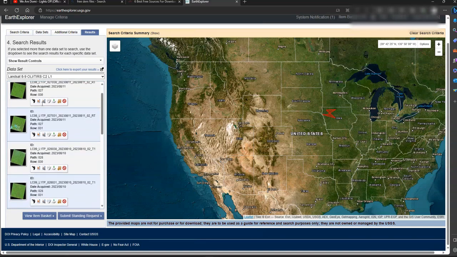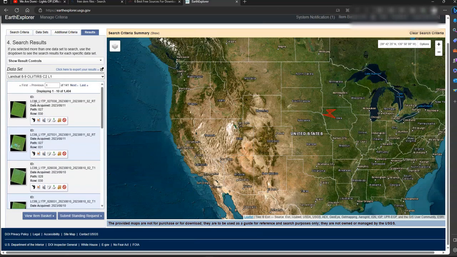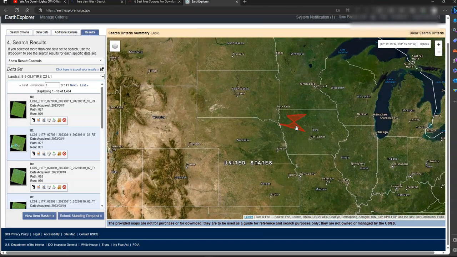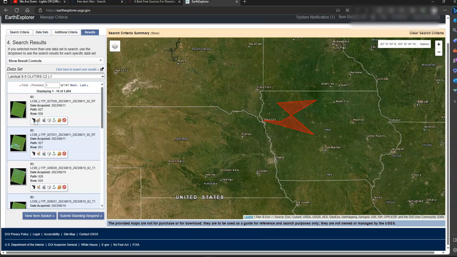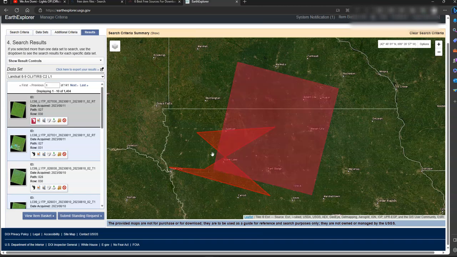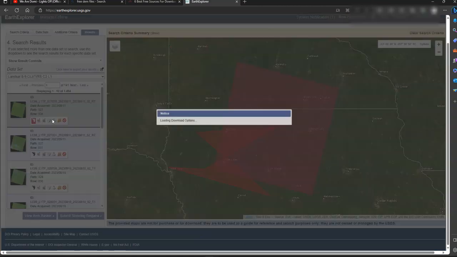As you can see, we have a bunch of different rasters, not exactly shapefiles, that correspond to this area. For example, if we zoom in, we can click the footprint of the first one. We can see that this is our footprint area. It's almost a square, not exactly, and it covers much of our surface area, but it doesn't cover all of it. So what we can do is click download,